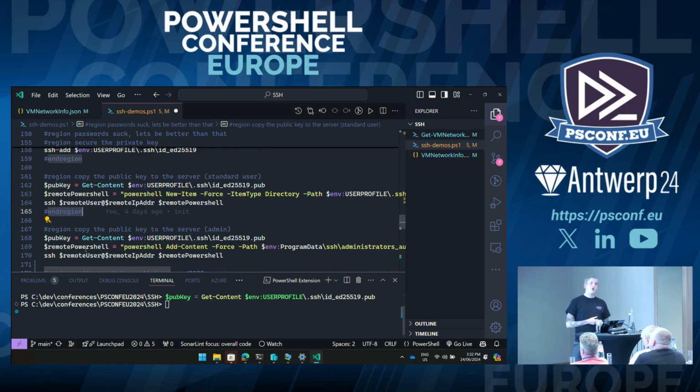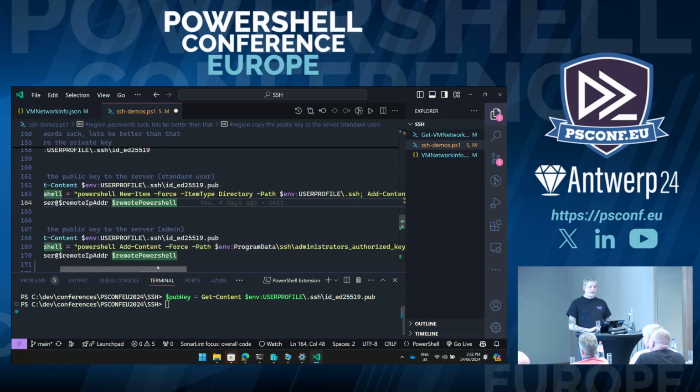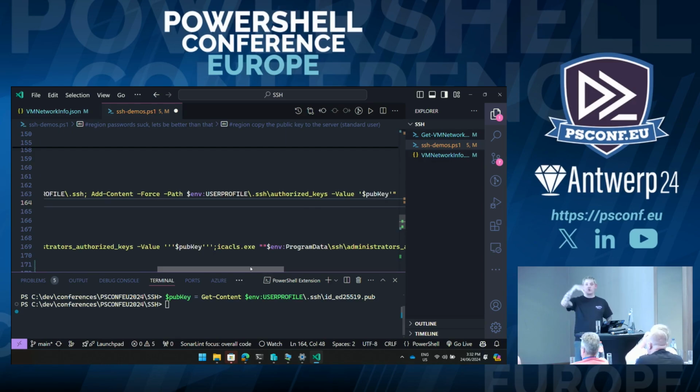If you are not accessing a server as an administrator, this top line here, and again, this is all going to be available on the internet, you essentially grab that public key, and then you just push it into your user profile .ssh on that server. That essentially is going to allow you to connect to the machine as you, and then you can do the things you need to do, which is the correct way to manage an environment. You never log in as administrator.